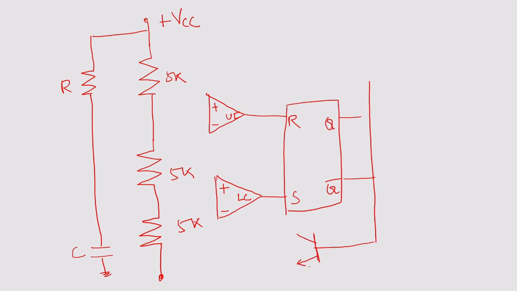Name the terminals emitter, base, collector. Give the name for this transistor as Q1. The emitter terminal is to be grounded. So complete this, keep a dot. And the collector terminal, you take this collector terminal